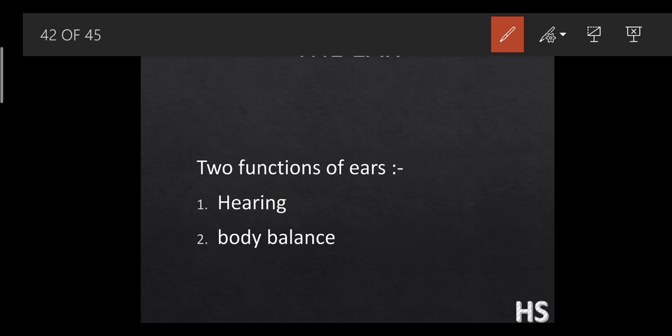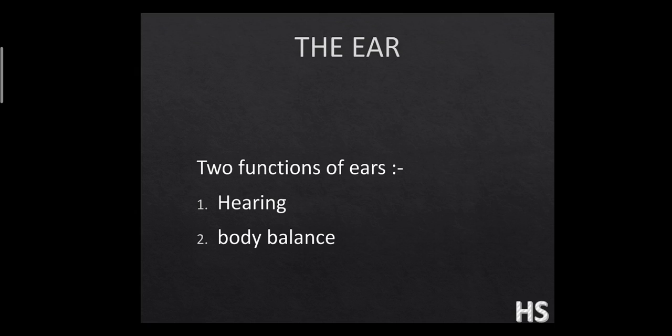Which animal has the highest? Dogs can perceive sounds at even higher frequencies. So you have often seen that at towers and big buildings, they often keep dogs with them. The reason is that a dog can hear sounds which are too sensitive or delicate also. So that is why at big towers and big bungalows, they often keep dogs so that they can easily detect any thief or anyone who is coming.